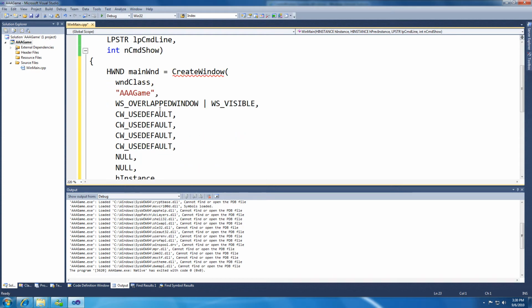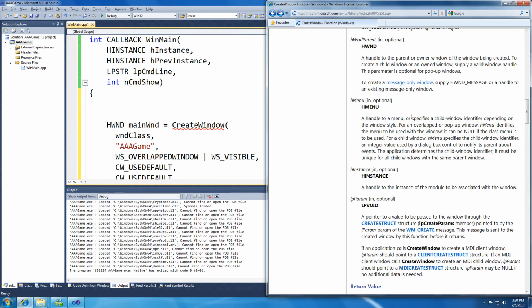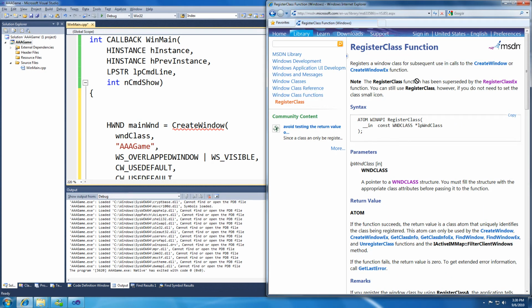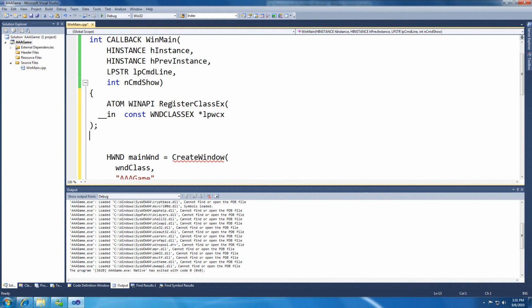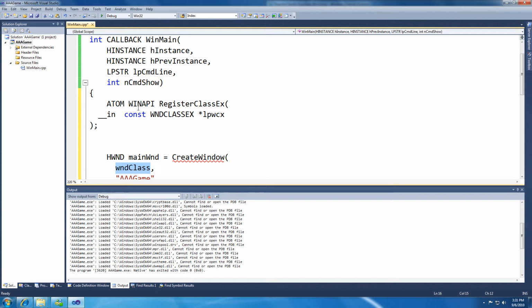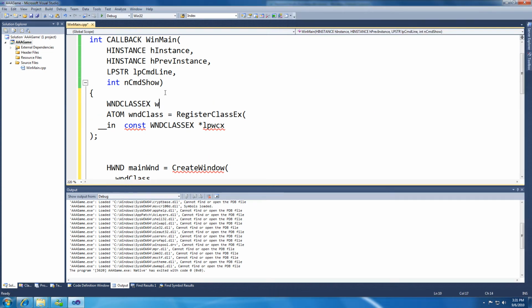All right, so we've got reasonable parameters to CreateWindow except for this WinClass. Going back to the documentation, it says it's an atom created by the RegisterClass function, which has been deprecated. They ask you to use the RegisterClassEx function, so we'll go ahead and call RegisterClassEx, and it will return a WinClass atom, and it takes a WNDCLASSEX structure, which we'll go ahead and define one,